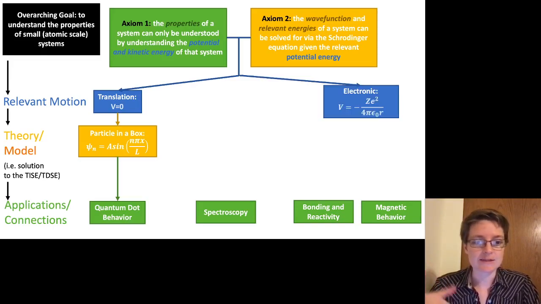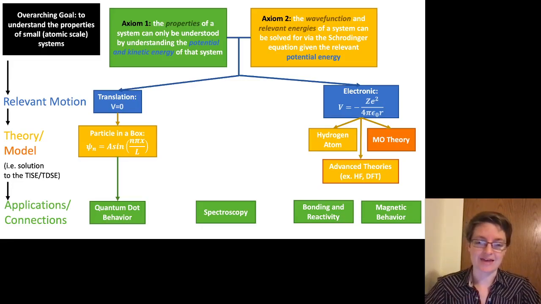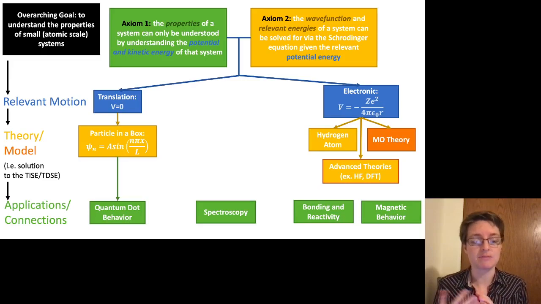We went on a similar journey when we went to talk about the electronic energies of a system. So this was our model for the hydrogen atom, where the potential was cast in terms of Coulomb's law. Not only did we study the hydrogen atom in this case, but we also used more approximate theories, MO theory, and that linear combination of atomic orbitals to help understand how this model potential could help us understand molecules. And if you wanted to go beyond